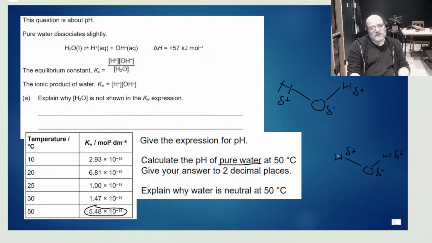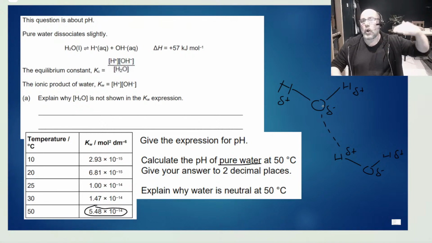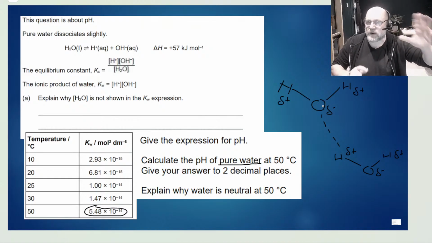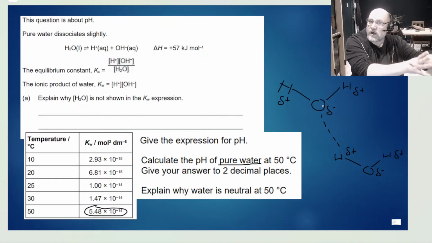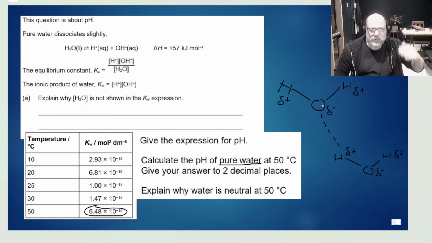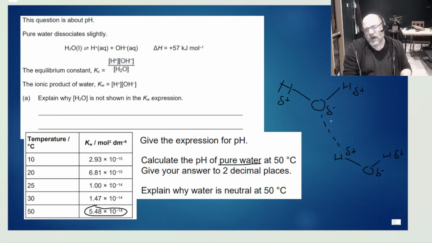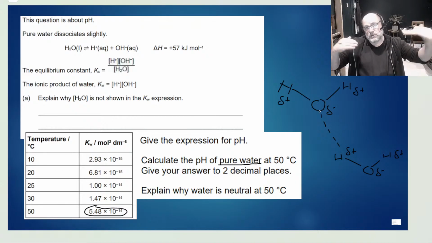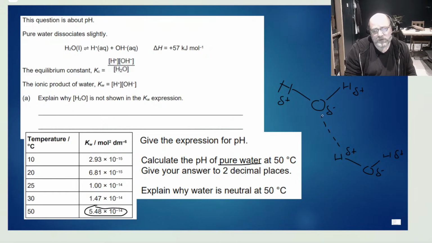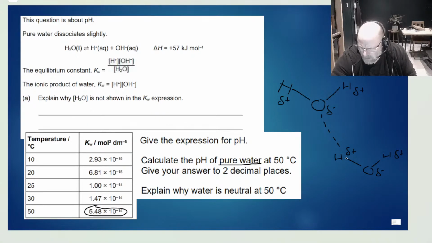So this delta positive hydrogen on one water molecule bonds, and we use a dashed line, to the delta negative oxygen on an adjacent or neighboring water molecule, on another separate water molecule. You must make it clear that the hydrogen bond is in between two separate water molecules. Delta negative oxygen, hydrogen bonded to delta positive hydrogen. Now,